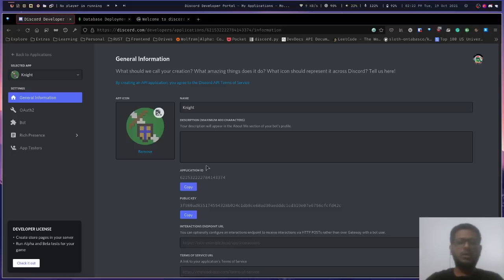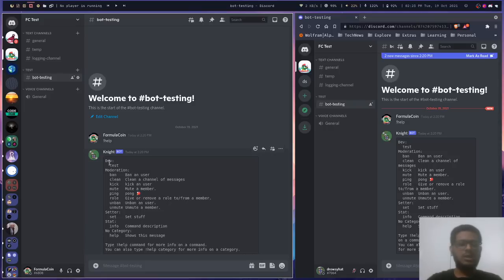Today we are going to see my Python project titled Nightbot. Nightbot is a general purpose Discord bot which provides many functionalities. As we can see here, the following is the list of commands that Nightbot provides.